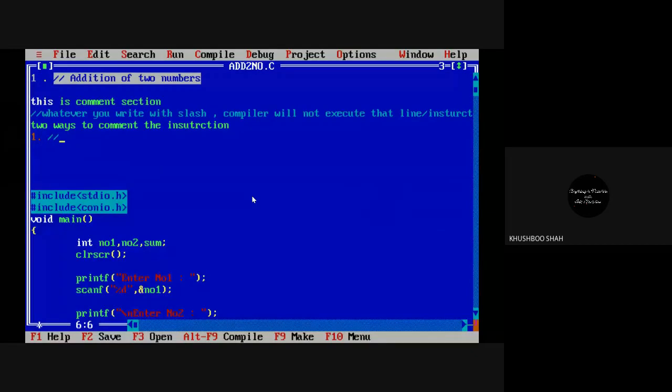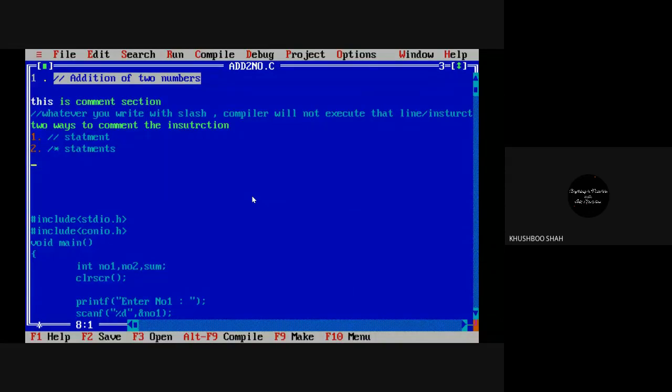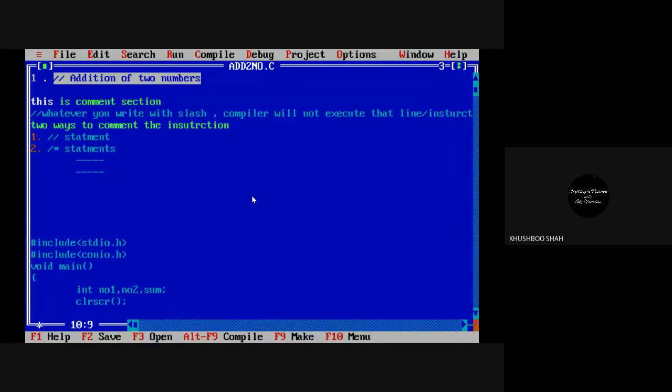First, use two slash in your statement, and second, use slash star, then your statement one, statement two, anything, again some line, and then simply star slash. So here, as you can see, there are two different ways to give the comment to the instruction.